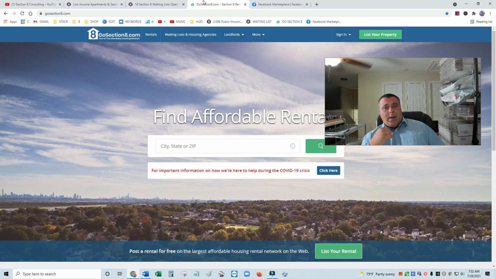But I got to tell you, the reputation is quickly starting to fail because GoSection8.com does not screen these landlords. So I'm seeing that some landlords aren't even Section 8 properties whatsoever. They're just in here scamming. What I mean by scamming is they're having you believe that they're a low-income property, but you're going to these properties, you find out the only thing they're actually interested in leasing you or accepting is cash and a job. They're not interested in your voucher. So you see how that would be a scam. And that's a lot of what goes on with Go Section 8. So you're welcome to use the resource, but in my opinion, I would rank it pretty bad, but it's not near as bad as the rest of Google.